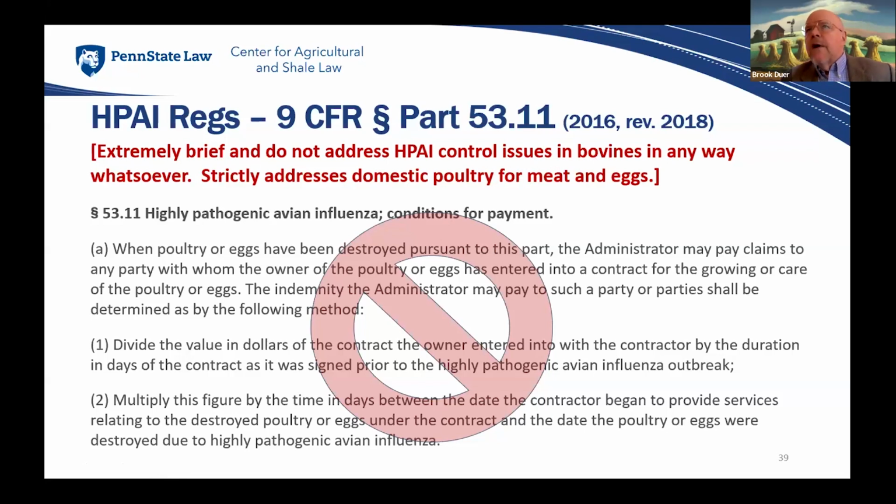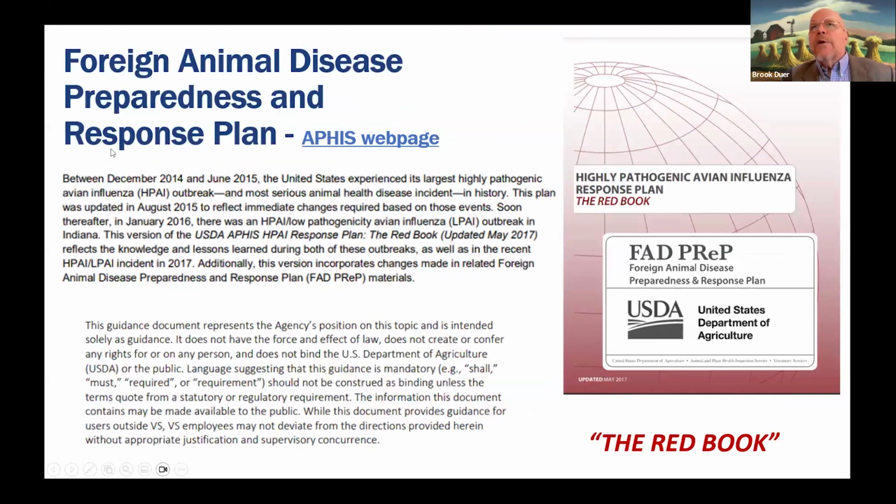And so the regs are no help with regard to dairy, because we've never seen this before, and no one ever wrote any regs for it because it was not in the realm of possibility. Another source of how USDA goes about their business under this Animal Health Protection Act is what's called the Red Books. There are several Red Books, and there's one specifically for highly pathogenic avian influenza. What's the Red Book? The Red Book is like a statement of authority or a statement of policy, a guidance